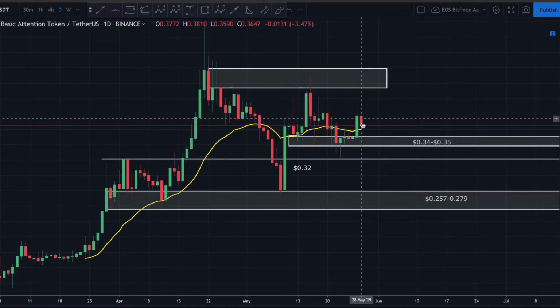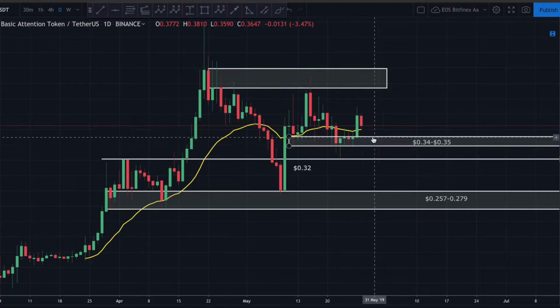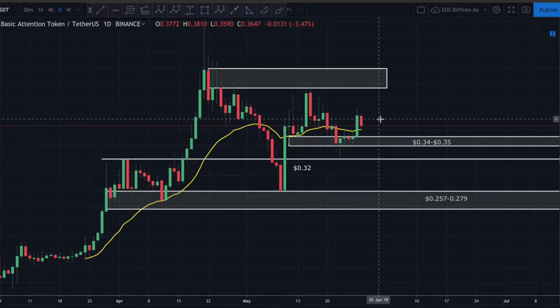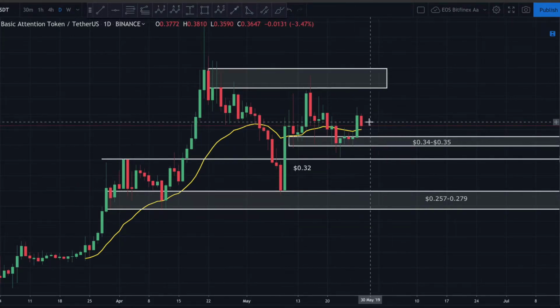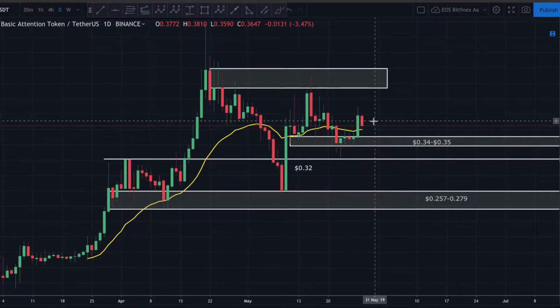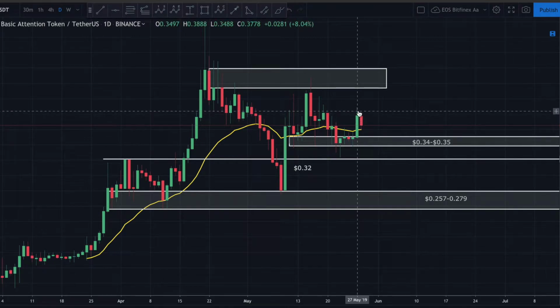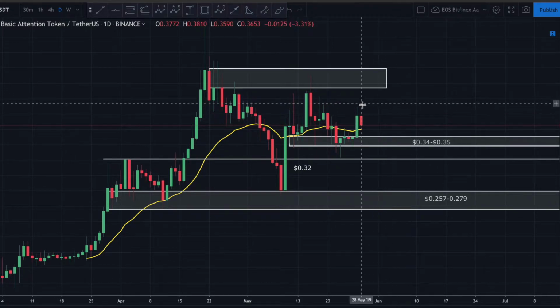However, if you are trading BAT, I think I'm a buyer between 34 and 35 cents, looking for a decent bounce off of that zone, but I'd get in and I'd get out. If we do end up dropping down between 34 and 35 cents, I'd get immediately out between about 36 and 37 cents. So again, a very, very quick scalp to the upside, guys. If we do end up taking out the prior high of this little structure here, yesterday's daily candle, in other words, if we take out about 39, I think there's a good chance